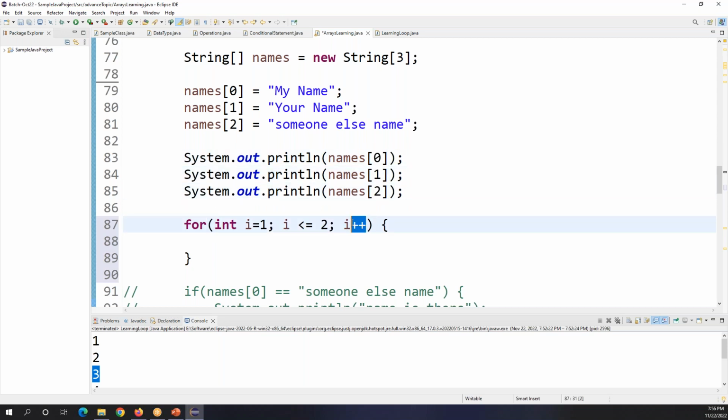Okay, now it's i plus plus because we'll go one by one, right? That's why we will not keep any step. So this i plus plus means the same thing as i equals i plus 1, right? We already know about that. So instead of i equals i plus 1, we can just simply use i plus plus. Same thing. Now, if I want to print the same thing, names,